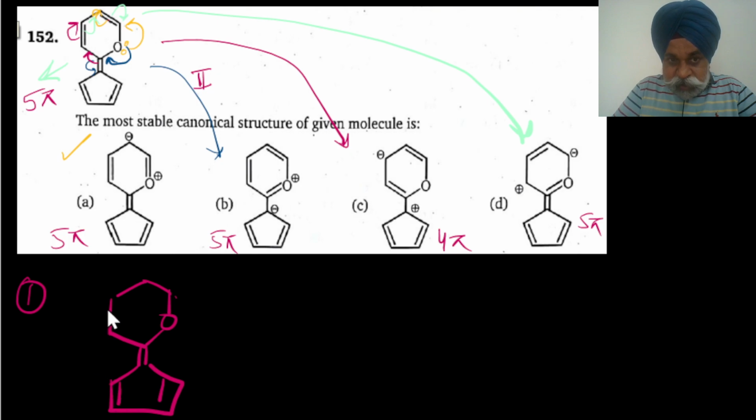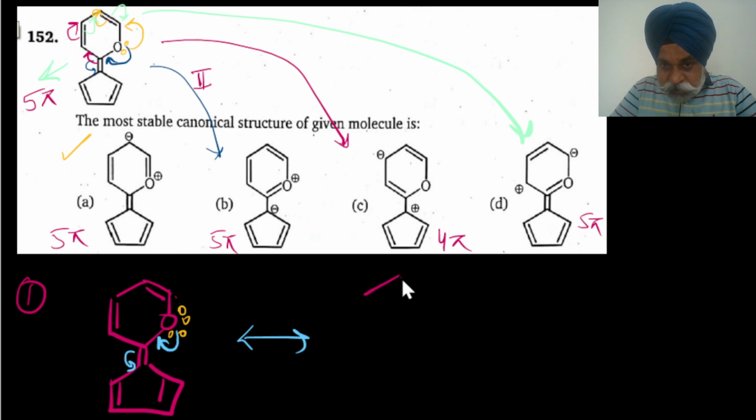Both of that has become aromatic. Now just let me show it the way I wanted to show you. So now see here, if I bring this lone pair here and this bond goes here, what next structure do I get? The next structure I get is something like this, oxygen, and here you would get, oh sorry,